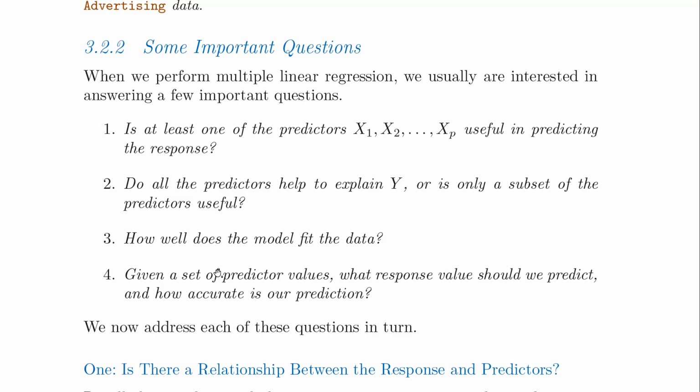What are the 4 questions? Is at least one of the predictors from x1 to xp useful in predicting the response? The second question, if you answer number 1 in the affirmative: do all the predictors help to explain Y, or is only a subset of the predictors useful? We'll remind ourselves over here